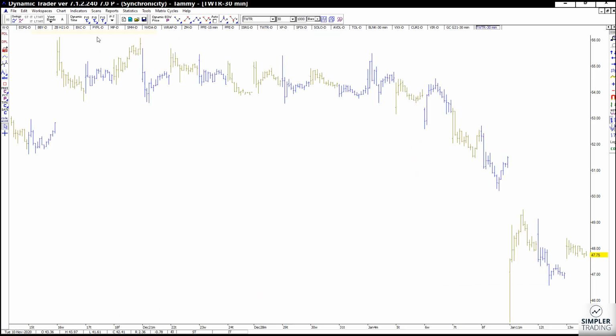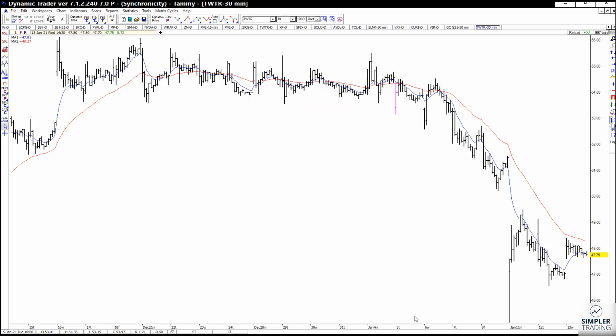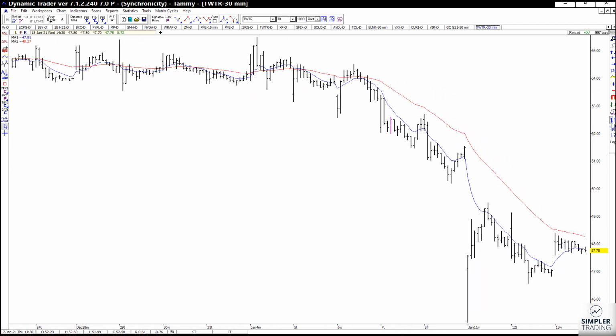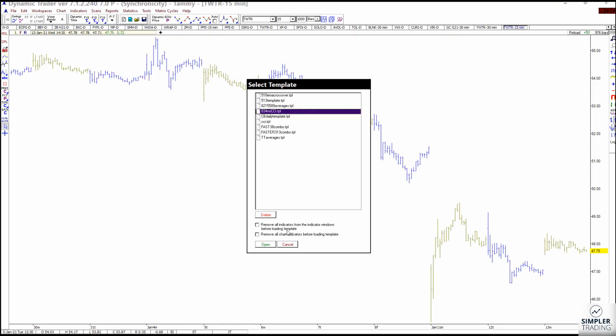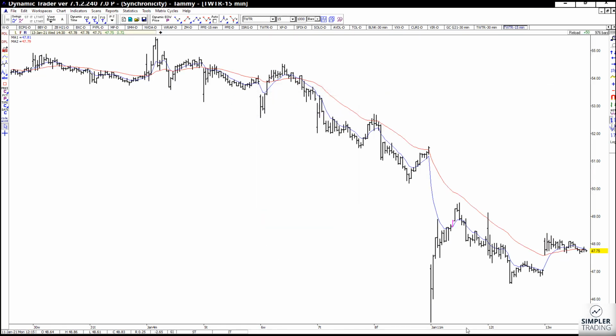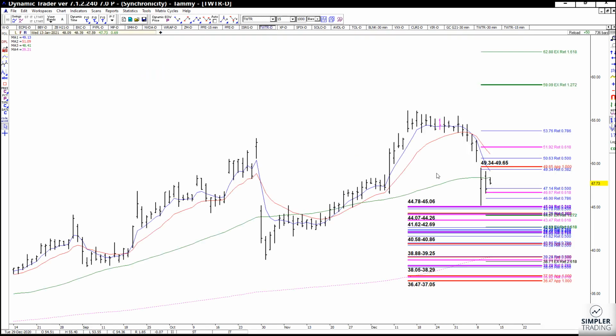Let's see real quick. This is a 30-minute chart, which is good for a swing trade. No, we have not triggered on a 30. Let's check it out on a 15-minute chart and see if we have triggered. And yes, we have on a 15-minute chart. But what I want you to be aware of, please, is the fact that we are up against some resistance,